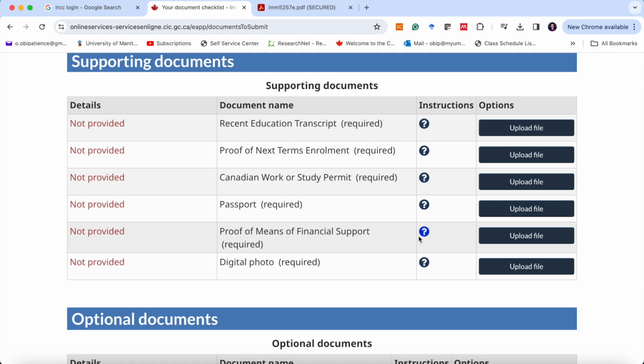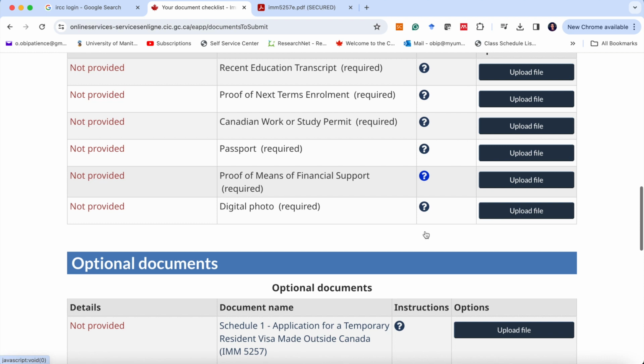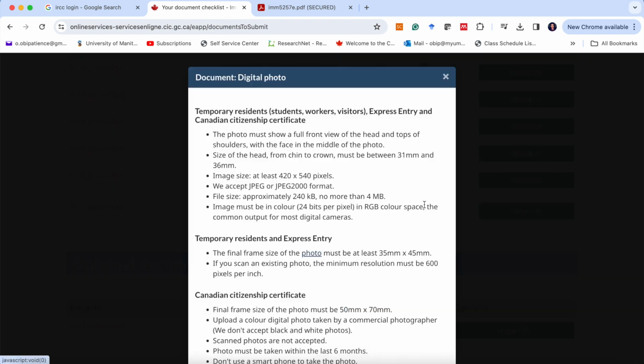So make it into one big file, into one PDF file, and attach it. And remember, each of these files, you can only submit 4 MB in each of them. You can't go past 4 MB. So as much as you can, compress each file. And then the digital photo would be this one. You want to look at this one, right? Make sure it's within the size